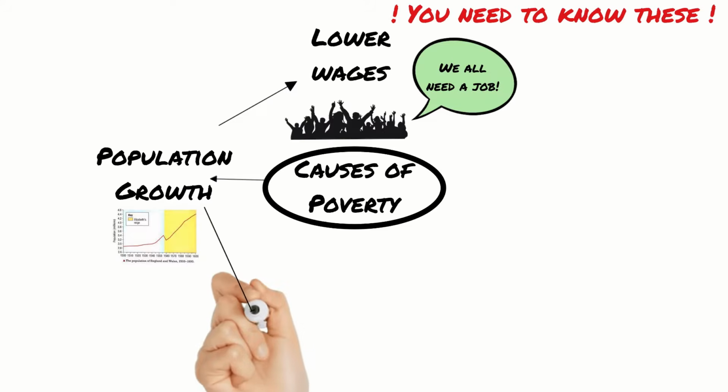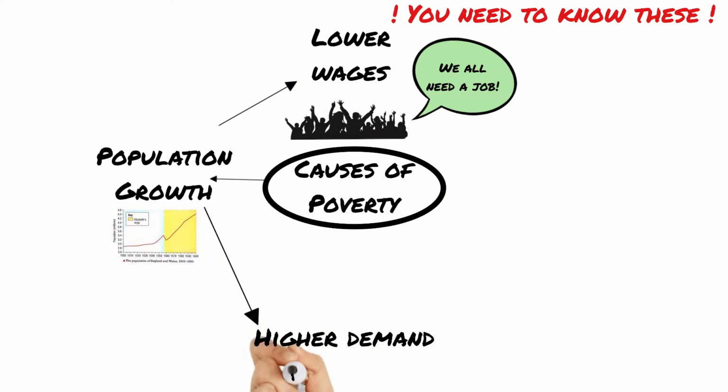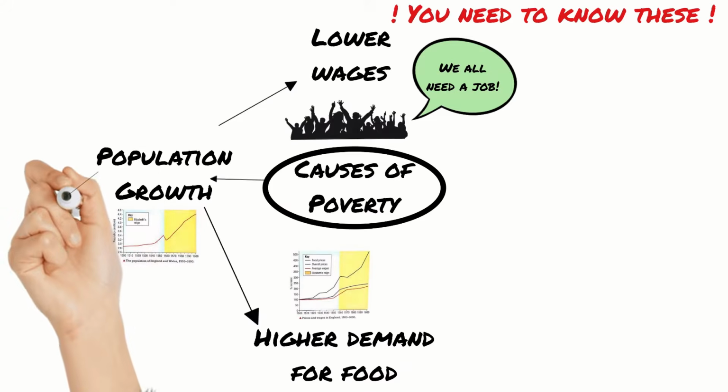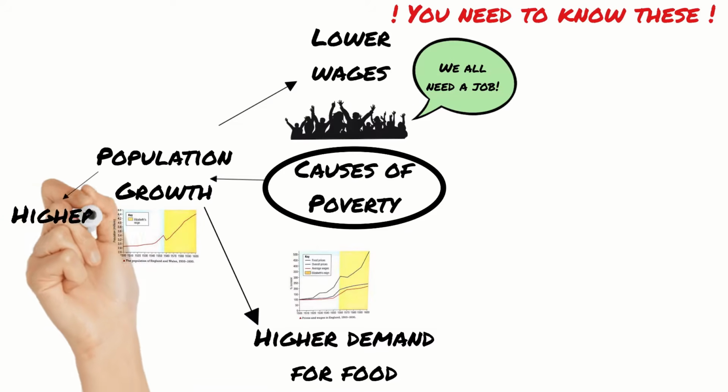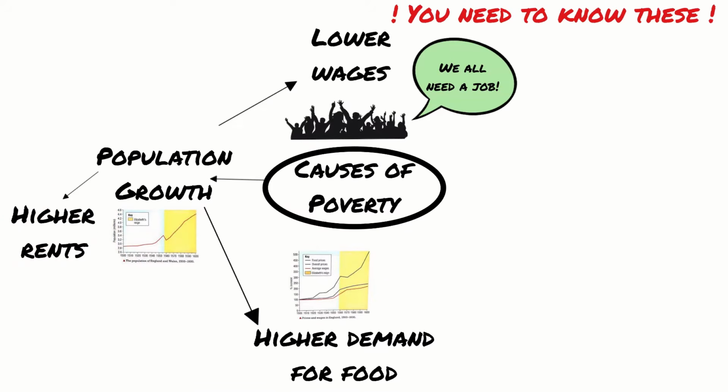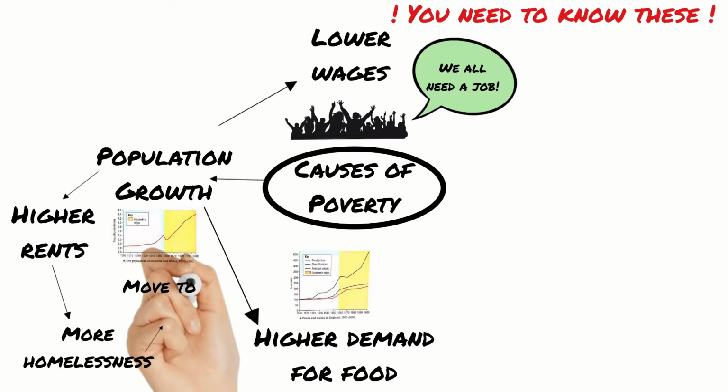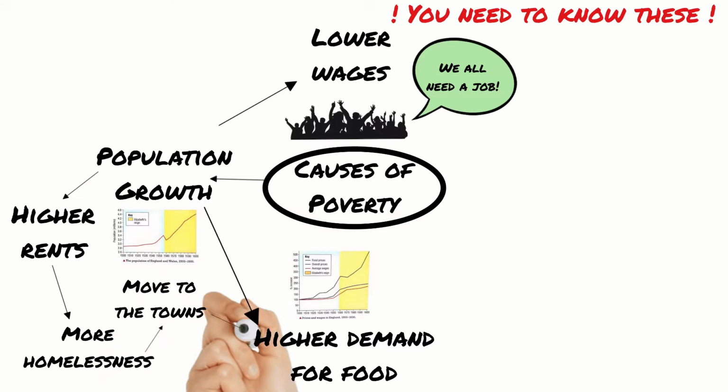The increase in population also led to an increase in demand for food, pushing the price up, and an increase in rents. The increase in rent was particularly hard because there were so many tenants vying for the few properties. Owners could charge an entry fee which had to be paid at the beginning of the tenancy, which meant that many poor people could not even afford to begin renting a property. This demand on food and land was particularly felt in the towns and cities, where huge numbers of the poor would travel looking for work. The towns could not import enough food, which drove the cost up.